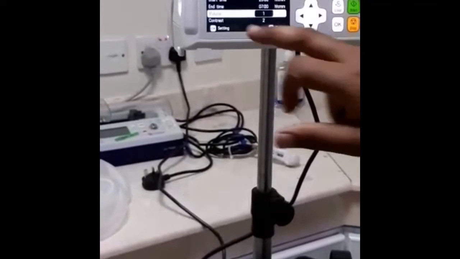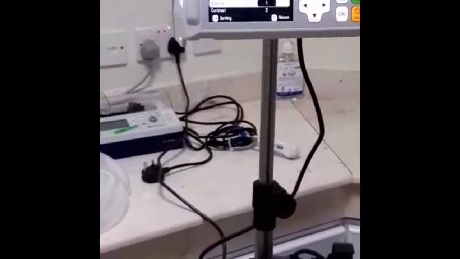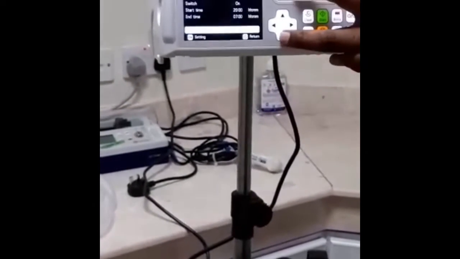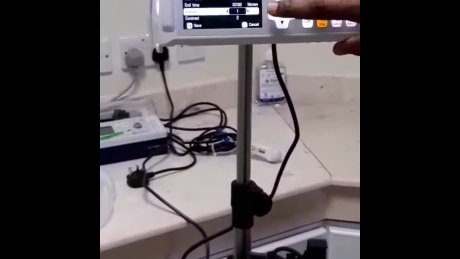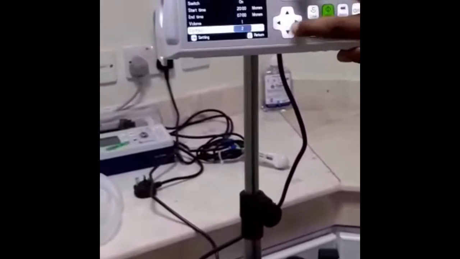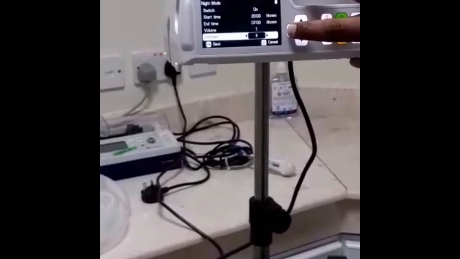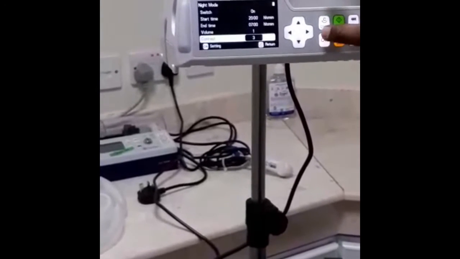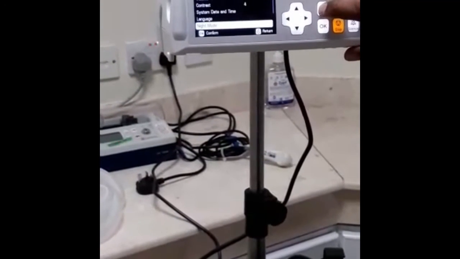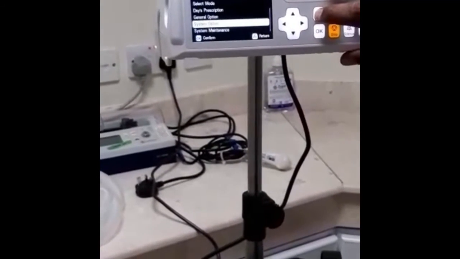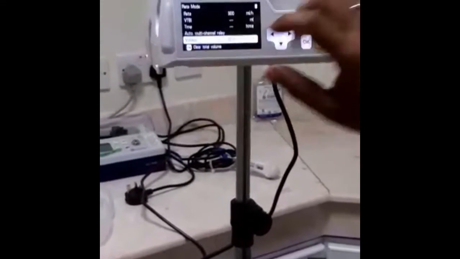At night mode, the volume will be at 1 and the contrast will be at 2. So the dimness will be there, so they don't get disturbed. You can change this. If you want to increase the volume of the alarms, and also the contrast, you can. I'll set it to 3. That will be sufficient in the night. Then okay, and just come out, press clear.